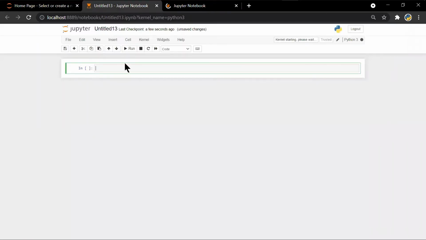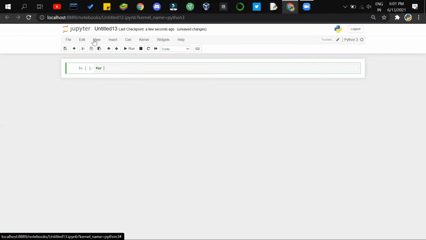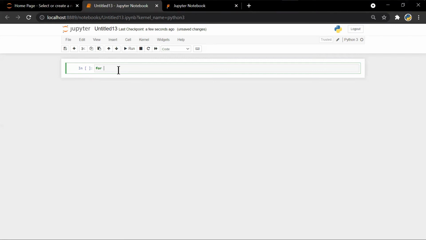So, for loop. As the name suggests, both for and while run until the condition given here is not fulfilled. First I'll go with the for loop.